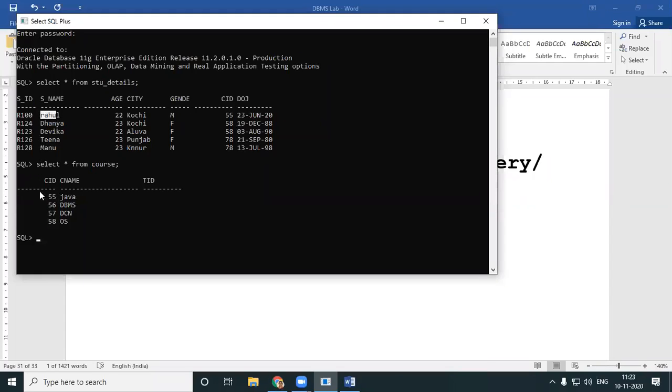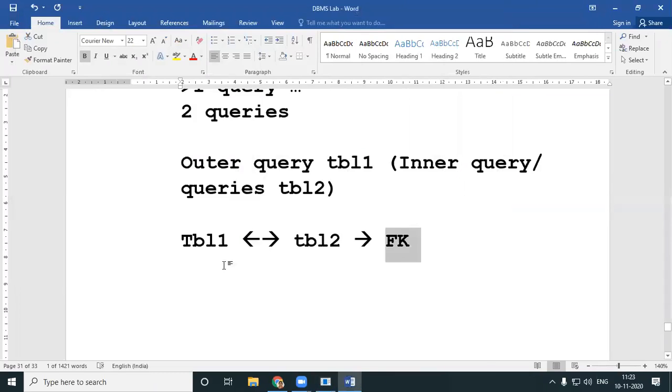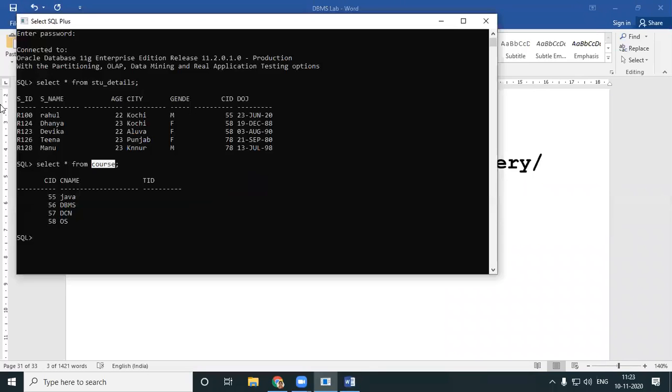Okay, now how can I say that Rahul is specializing in Java? Okay, look here. This is the primary key. CID is the primary key over here. This CID primary key is the foreign key over here. So I can very clearly say these two tables are connected. STU details and course, they are connected. My first condition, they are connected. Now, how are they connected? They are connected with the help of CID.